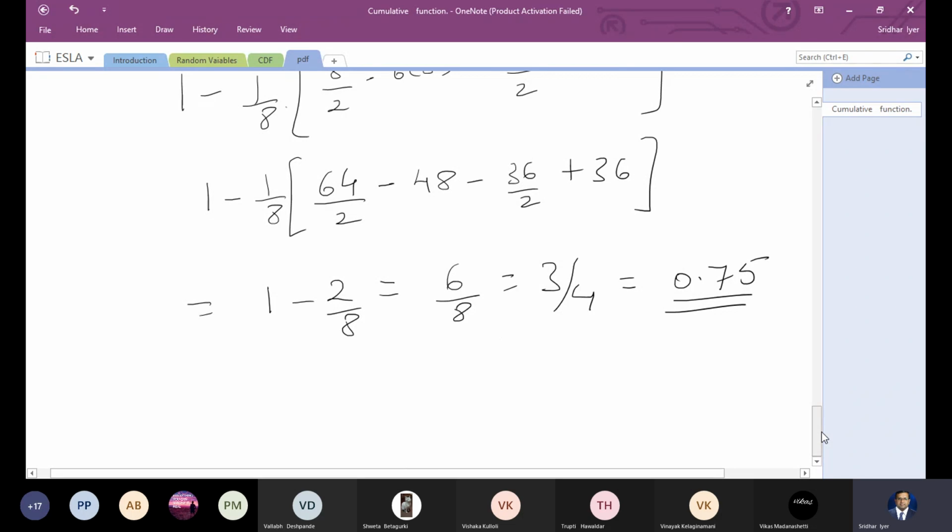If you evaluate for 9, you will get a higher value. When you evaluate till 10, as we have done in the first part, your total value is going to be 1. Right? So I hope this numerical was clear. It's a simple numerical applying the properties of the CDF and the PDF. Right? Any questions on this numerical?